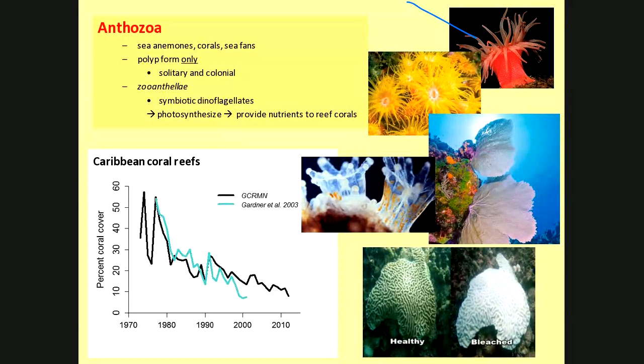Very important. We only have one intact coral reef in the continental United States. In the continental, not counting Hawaii, of course. In the continental United States, we only have one, and that's off of the Florida Keys. So it's obviously very important that we keep that as healthy as we possibly can. But there's been a problem, as you can see in the graph down there, since the 1970s. The percent of coral cover has diminished.